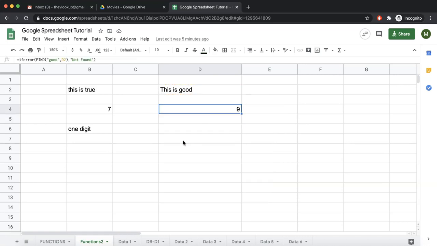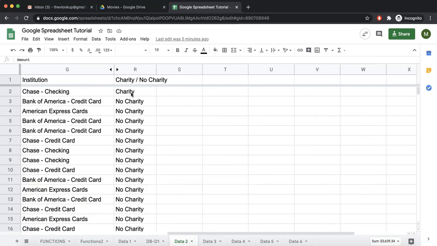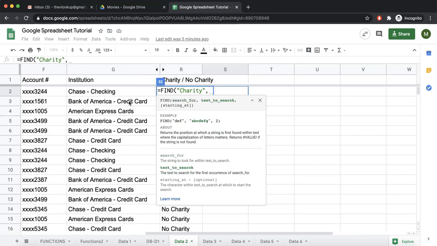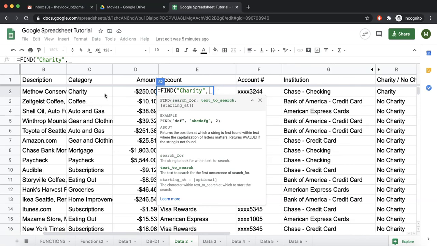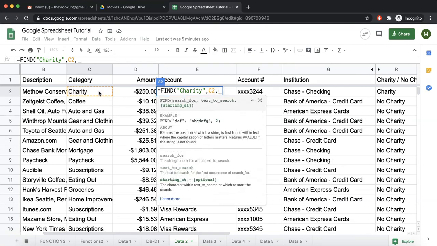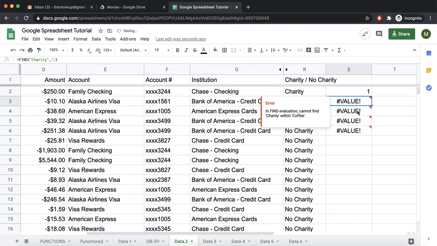So IFERROR is a very good function. Let us use it somewhere to find the charity stuff. We had written: if C2 equal to "charity", then print "charity", else "no charity". We can also convert it to FIND "charity", text to search is this one, and say, if we drag this down, there is no value, so it is giving an error.